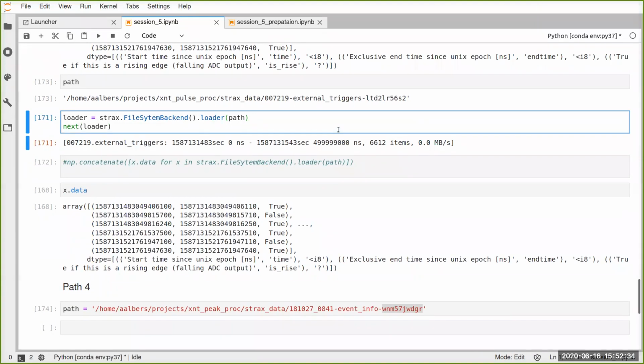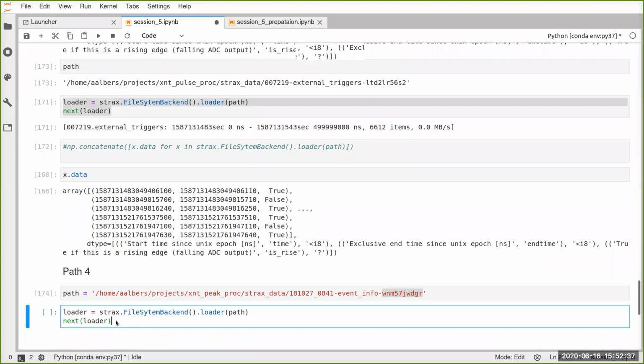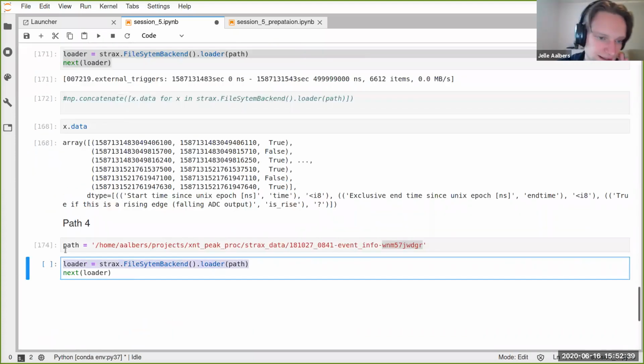The file system backend is probably the fastest. Exactly, so this is a very good idea. Whenever you have the path, you can always use this. Unless you want to do, for example, extra processing on the data, but then you should not be in this kind of situation that there's some wacky data type. You have no idea what settings they were made with, and you just want to load it. That's okay. But if you want to do extra processing on it, new data types will get created, recording what settings were used. So if you don't, that's not a good place to be in.